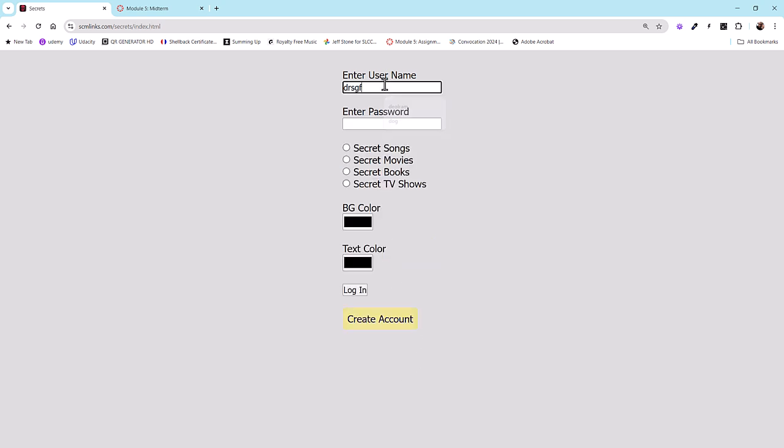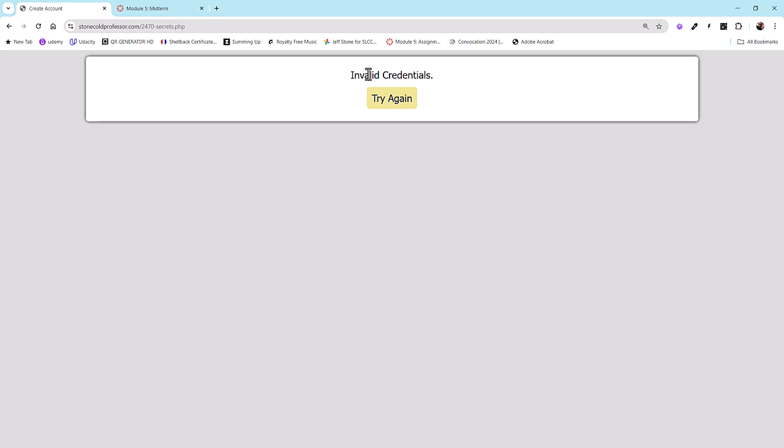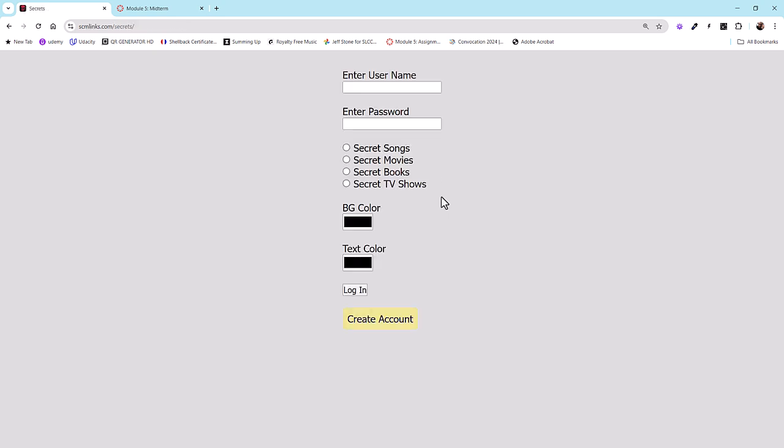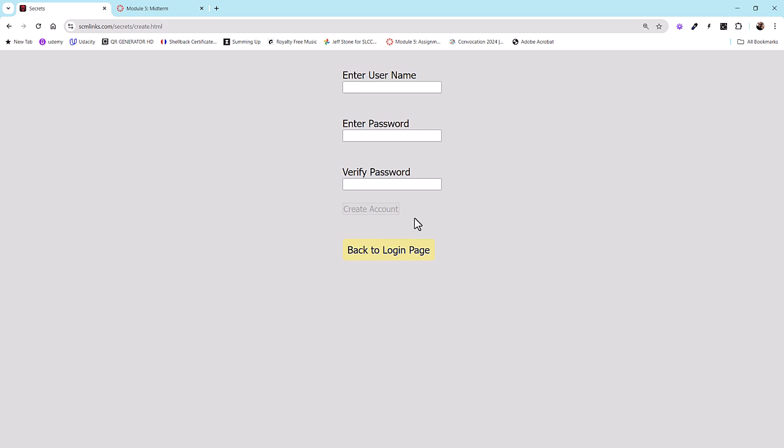And then let's go back to the login. If I put the wrong credentials here and I click login, this is my website saying those are invalid, right? You can see that's my PHP code right there. So you don't have to worry about that. All you have to do is make sure that your regular expression works properly on here, activates the create button, and then once you create the account, you test it and try to log back in.